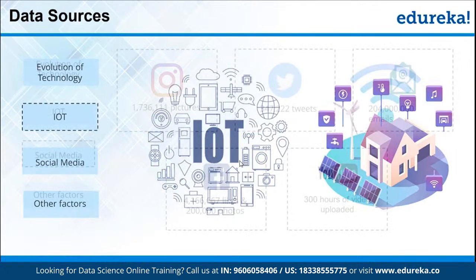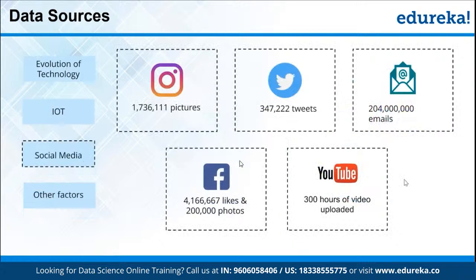Then we have social media platforms. When it comes to social media platforms, data is getting generated at a very, very high speed. The data is huge and also it's getting generated at a very high speed. If you talk about Insta, per minute these many pictures are getting uploaded, these many tweets for Twitter, these many emails for Gmail, and these many likes and photos on Facebook, right? And when it comes to YouTube, every minute 300 hours of video is getting uploaded. So you can imagine the size of the data, and